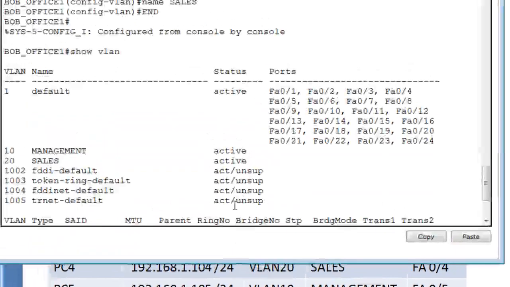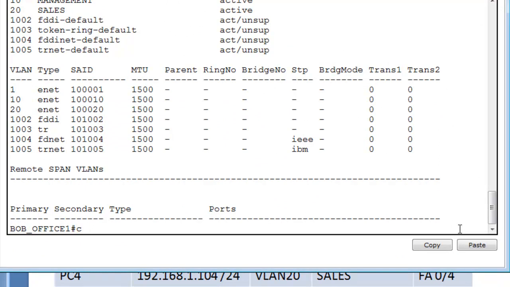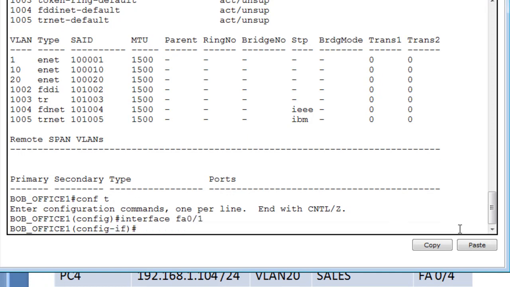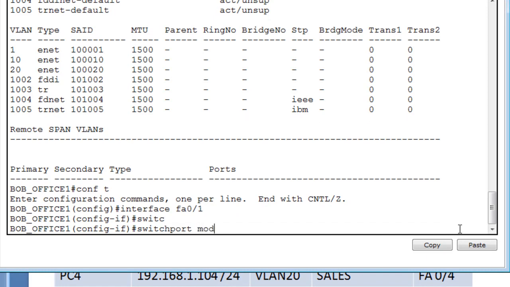Let's go to the switch, and I'm going to go to the global config mode, and I'm going to go to interface. I'm going to show you one interface configuration, so the rest you're going to be able to do. Interface FA0/1, and I'm gonna do switchport. That's the command you need. Switchport mode access. This is telling the switch that this is gonna be accessing only one VLAN,